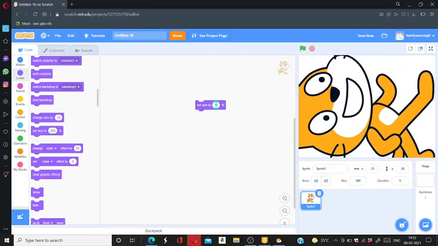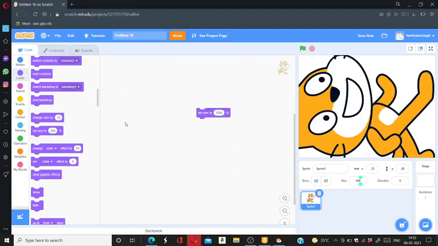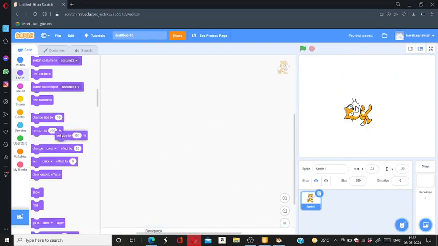First it was this small. Now it is this big. So we can change size using this, as you can see. Let me set the size to 100.